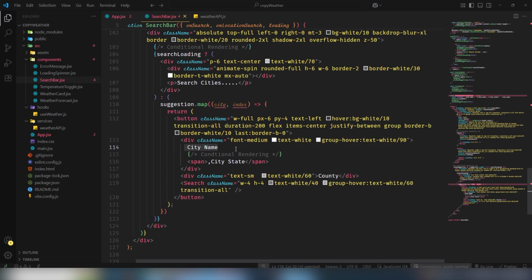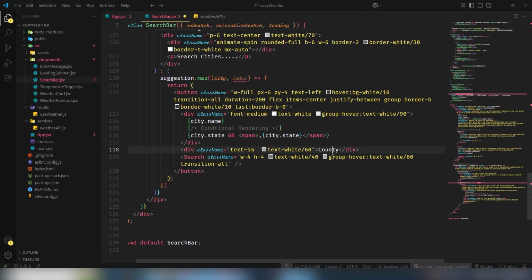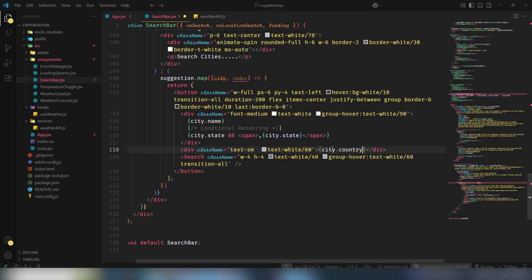Right? Inside the city name I need to use city.name, and also I need to display this one conditionally: if city.state is true, then display this code, and also I need to use a comma, and inside there I need to use city.state. Right? And this is a country, so in order to display the country I just use city.country. Okay,